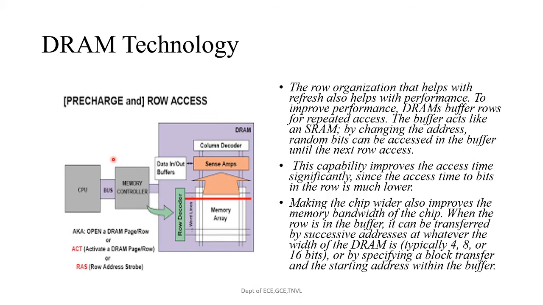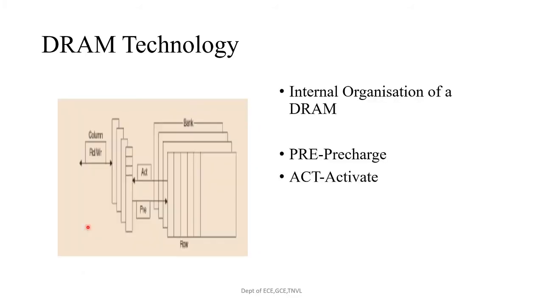So these are all the things that are explained here. If you see here, these are all the buffers, and this is the row decoder, and these are all the column decoders. These are all the memory arrays, which we call in modern technology banks, and this is the memory controller. This is the bus. Via this bus, we are transferring all the information to the processor. So the two very important signals in this memory bank technology are ACT, that is activate, and pre-charge. The role of activate is that it causes the row to transfer to the buffer, and the role of the pre-charge is that the command opens or closes a bank.